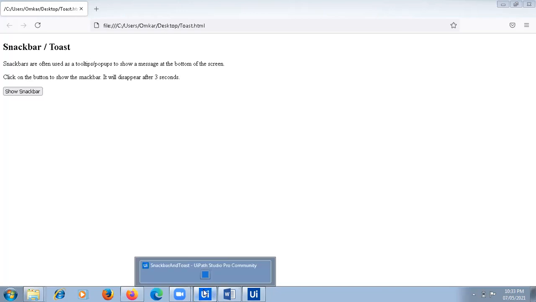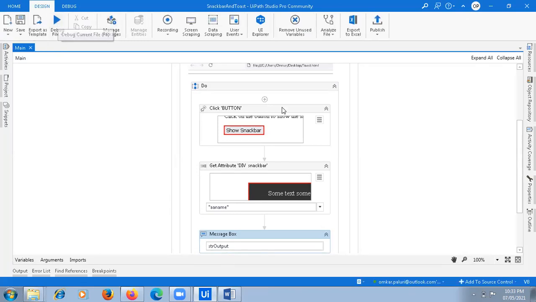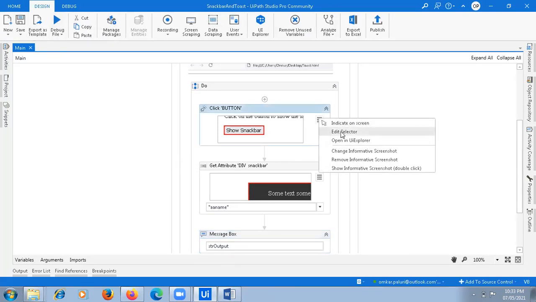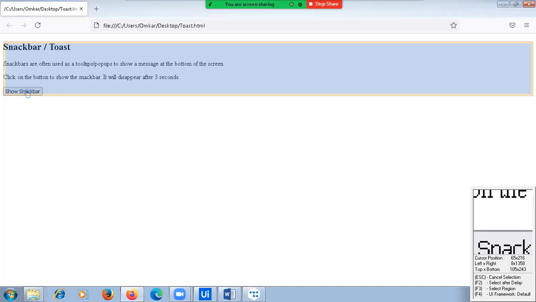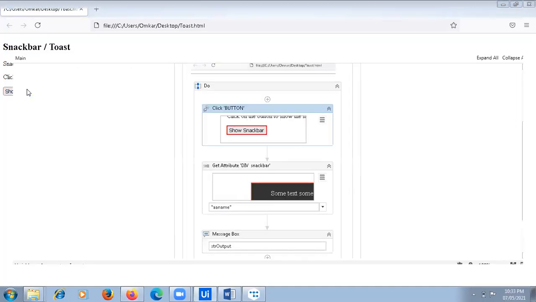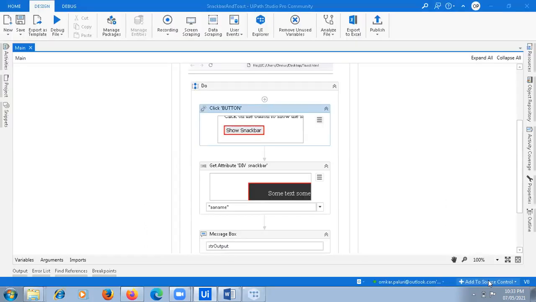I think there was some problem. So I'm stopping the code and opening the click selector. It is not validated, not indicated properly. Again I'm indicating, save, and running again.